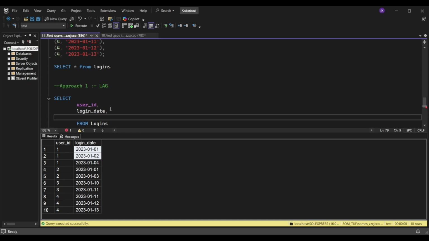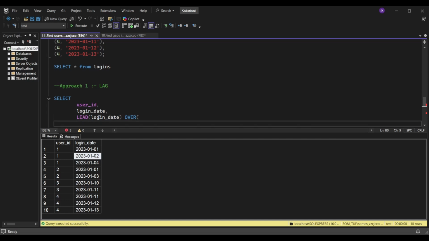Now it's up to us. Let's find lead, the next date, which we will get in the next column. Lead of login date